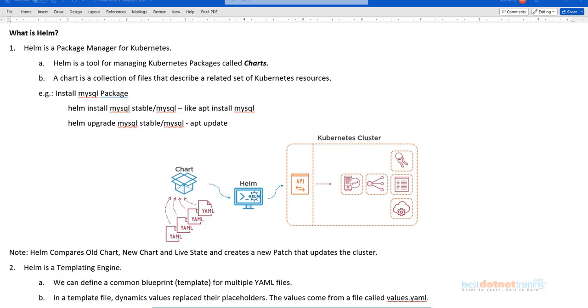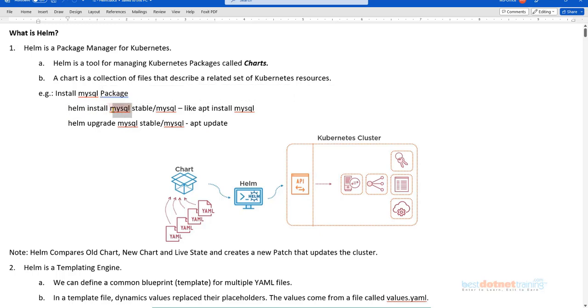Now, that is what Helm is in terms of Kubernetes. It's a package manager. Just to make you understand this easily, for example, if I want to install, let's say, MySQL server on a Debian or Ubuntu based machine, I will say apt install or apt-get install. There is a slight difference between them, but the overall purpose remains the same. So you can say apt install MySQL, or you can say yum install MySQL. The equivalent in Helm would be helm install.